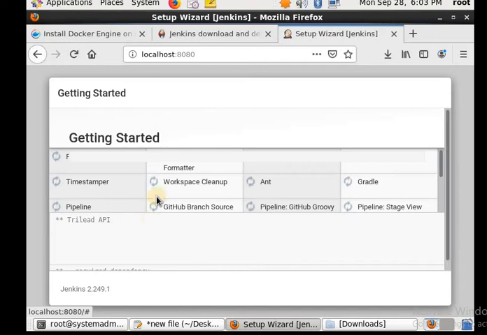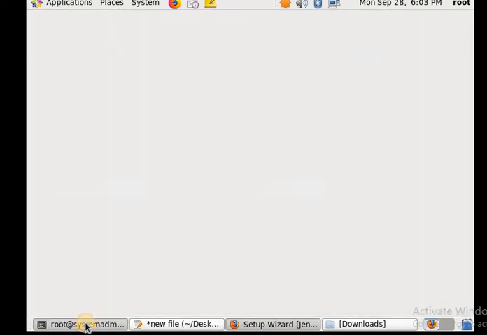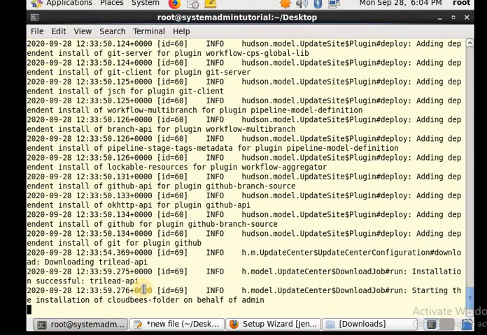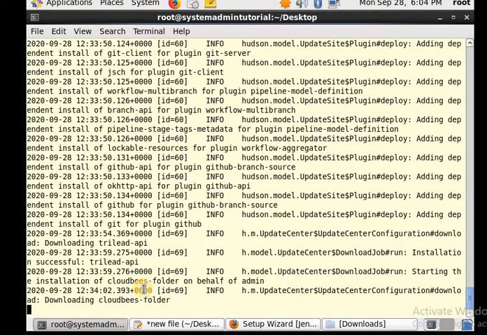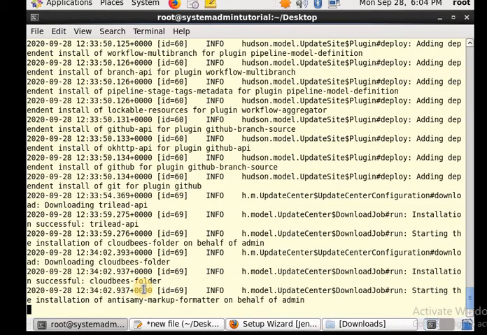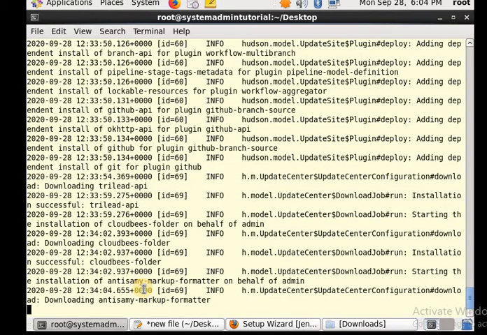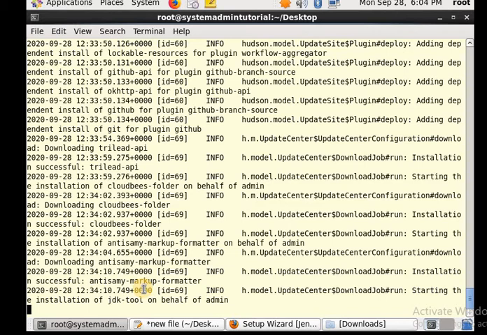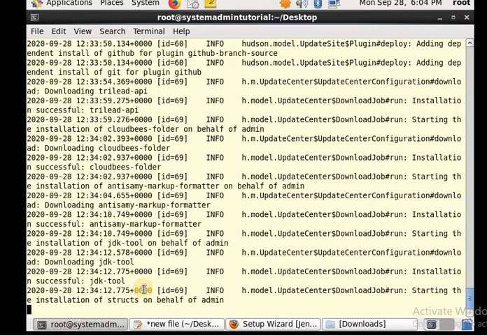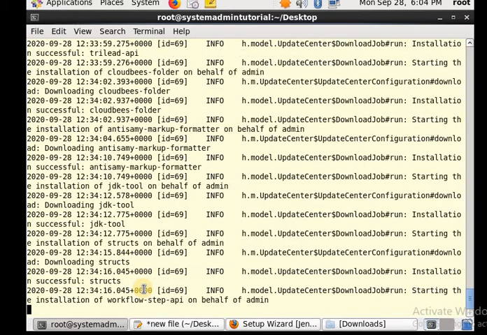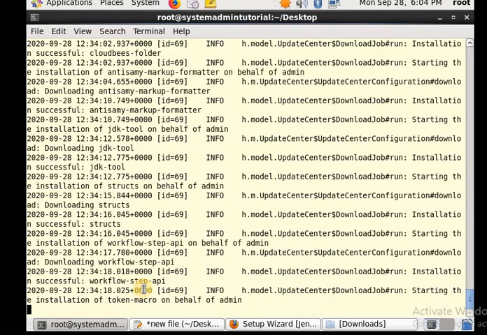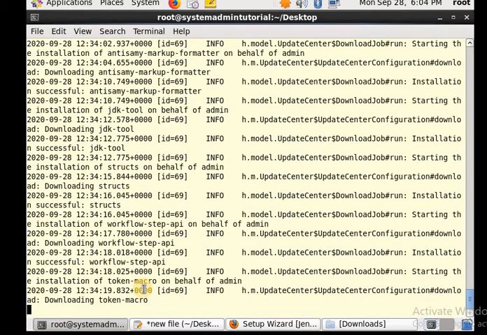You see, now it has started, and if I go to the terminal, the process is already started there. The process running in my browser is reflected in the terminal also. So we'll wait for the installation of all the plugins.